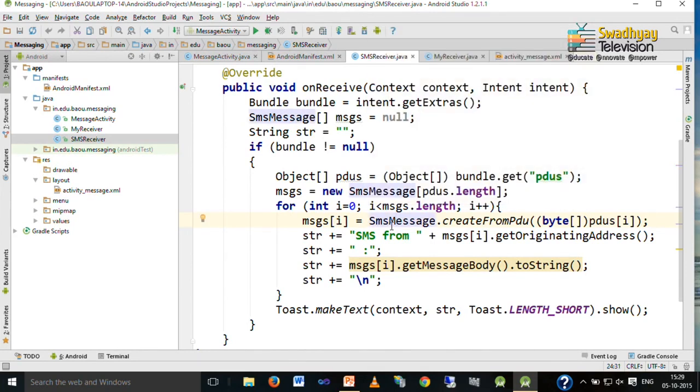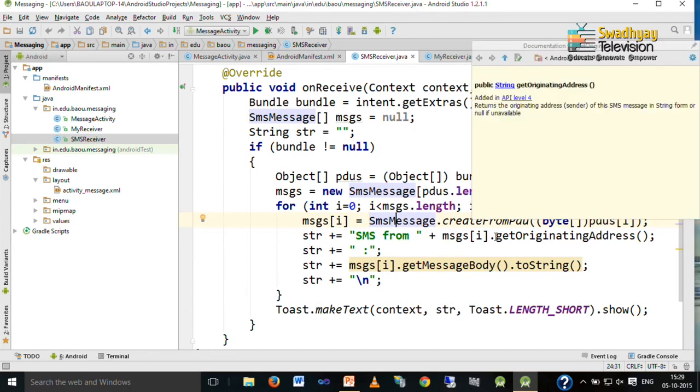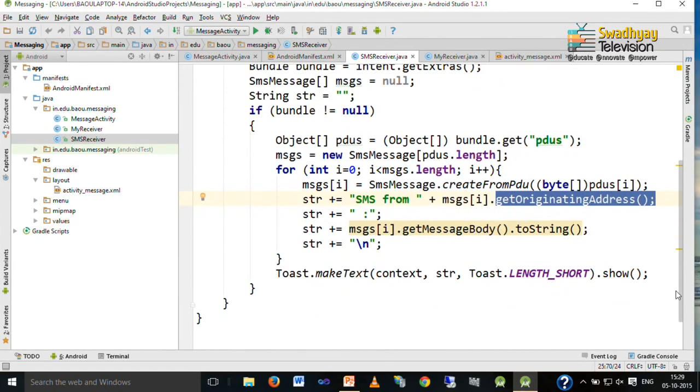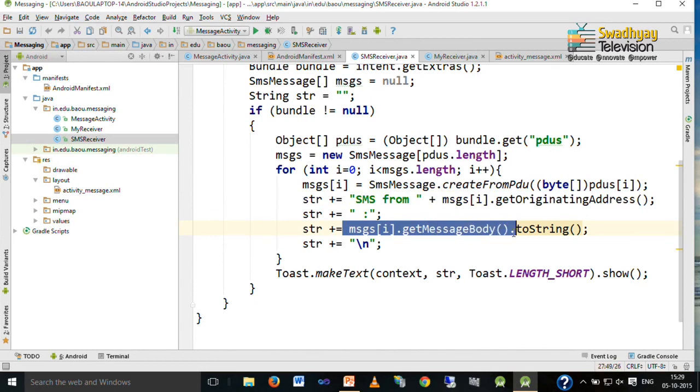Once you extract the SMS message from the PDU, you can call its methods like getOriginatingAddress, which specifies who has sent this message, the sender phone number, then message body, which specifies the message text.